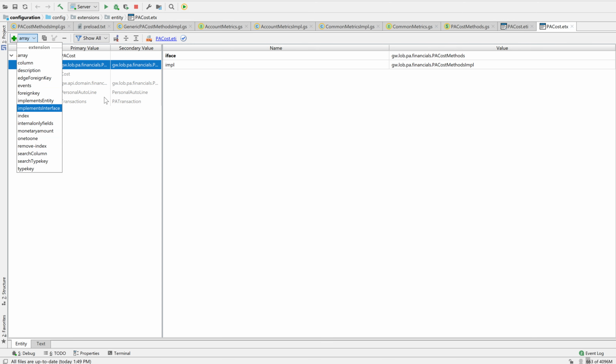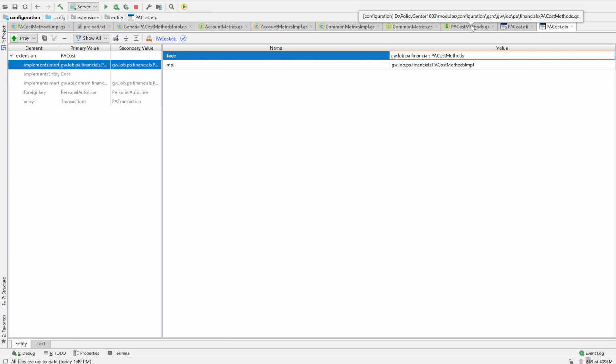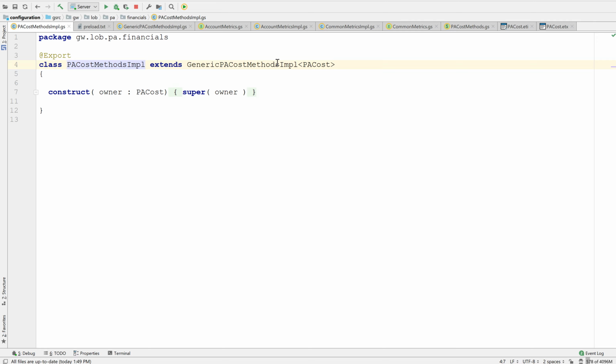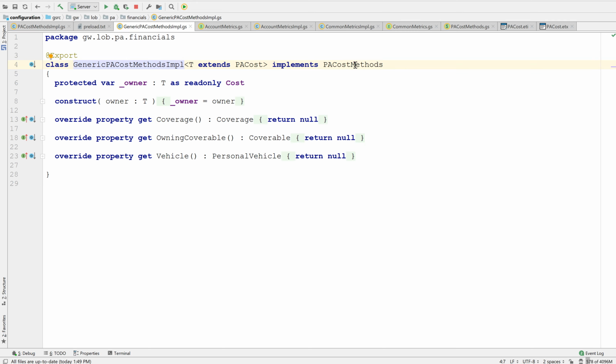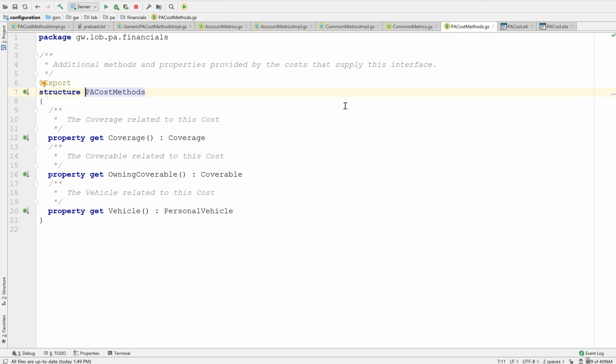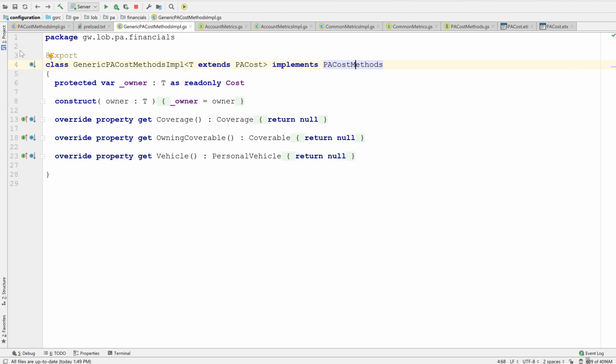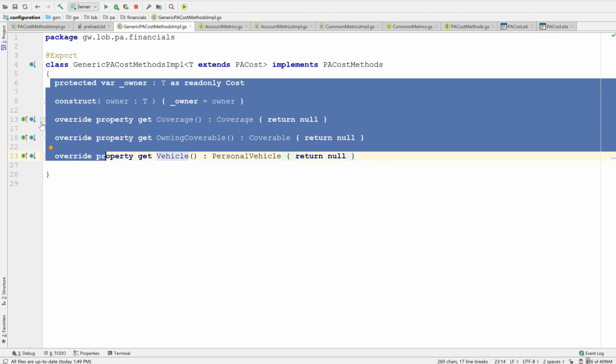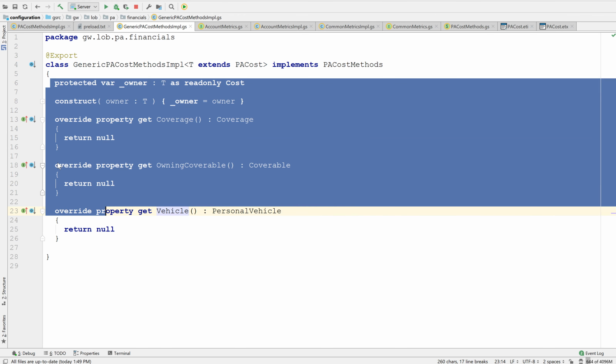In this implements interface, we are utilizing this PA cost method as an interface, and we are assuming, and this corresponding implementation we are providing in the cost method IMPL. This is extending generic cost, and this is implementing PA cost. PA cost is nothing but a structure. Same, we are going with the implements keyword, and here we have overridden with the nulls because it's a generic